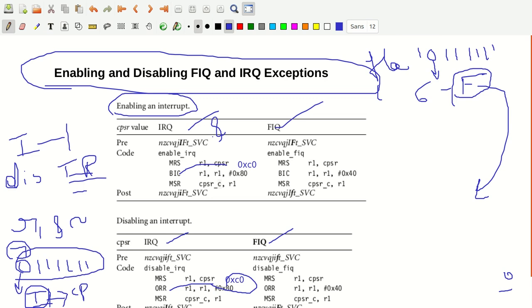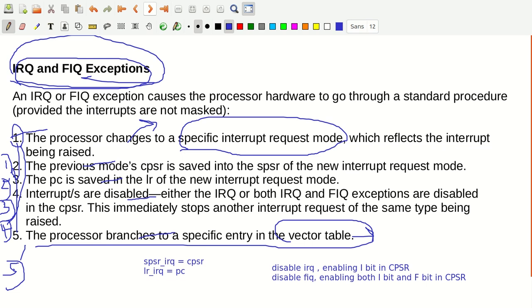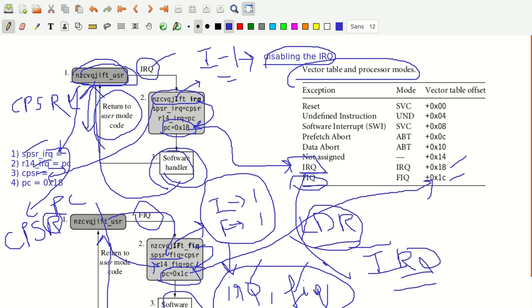Okay, so I hope everyone got this, enabling and disabling the FIQ and IRQ exceptions. This is all about enabling and disabling them, as well as the procedure that gets done whenever an IRQ or FIQ exception is raised. Whenever an IRQ exception is raised, you usually disable the IRQ.